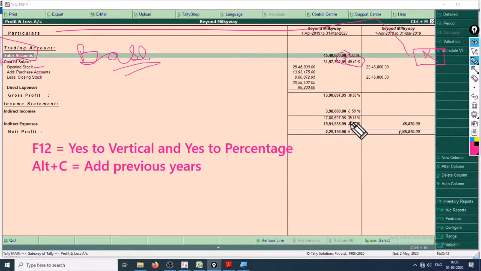Indirect income and indirect expenses: 30% is gross profit, 5% is net profit, and 34% is indirect expenses of total sales.